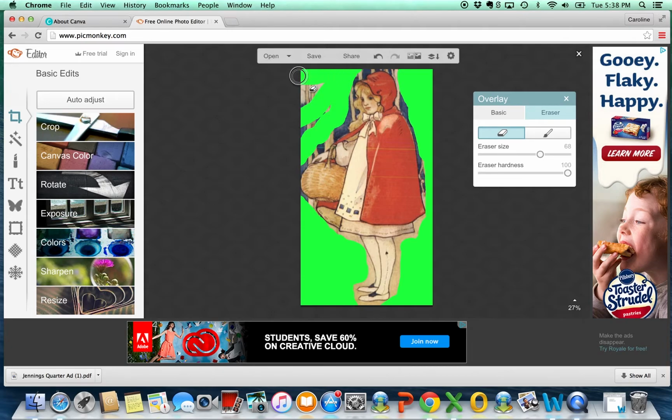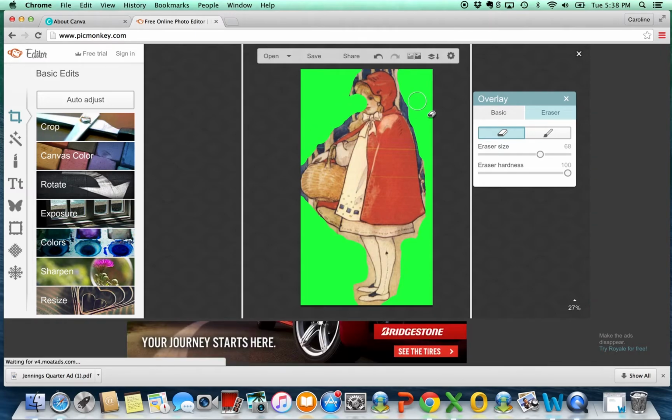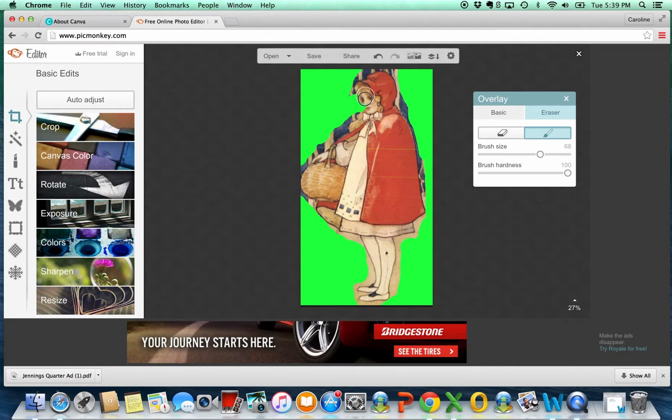Got these broad strokes. Now, once we got this, uh-oh, look what I did. Well, now I'm going to show you another trick. First of all, you can always click the undo button and undo that last action. Or you can go in and use this tool right next to the eraser tool. You've got the paint tool, which will literally paint that image right back in. Pretty cool, right? Anyway, we'll go back to our eraser,